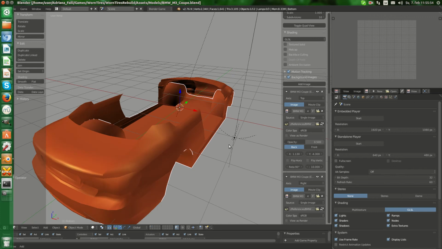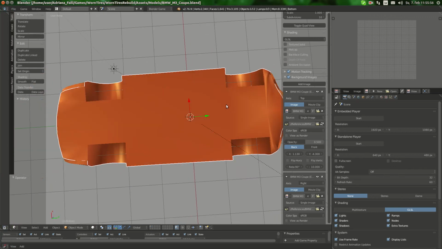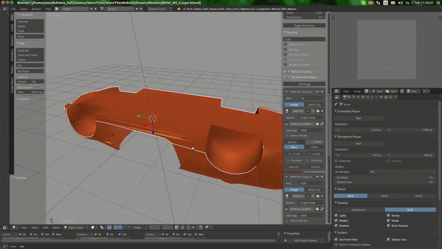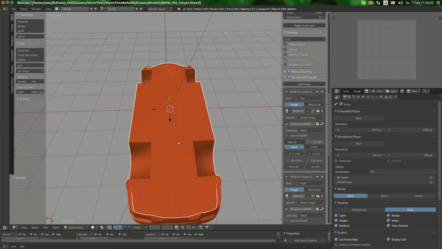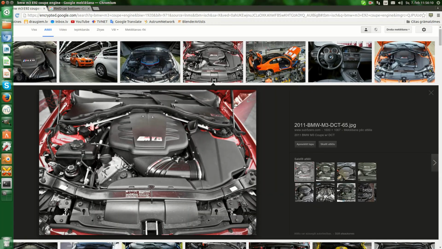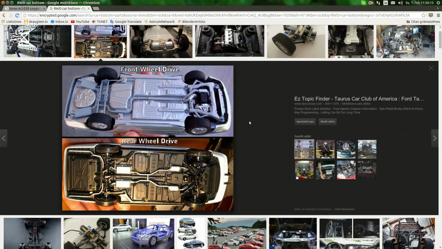And then we're going to model the drive shaft here, differential here, and then we're going to model a few boxy details, and the exhausts. And I have googled up the very basic car bottom reference. This one is for rear wheel drives, so we can basically see it. We're gonna need transmission here,